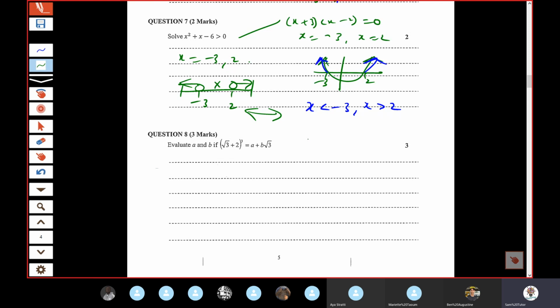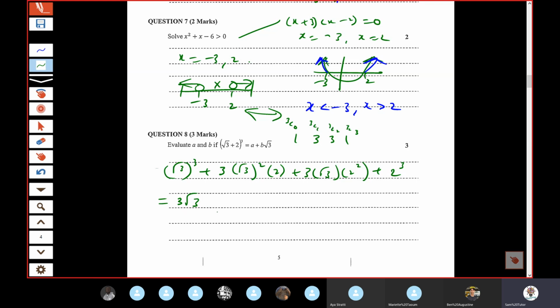Here we go. For binomial, we need our coefficients, which is 1, 3, 3, 1. We get these by doing 3 choose 0, 3 choose 1, 3 choose 2, 3 choose 3. And then you start off with the first one, root 3 cubed, plus 3 root 3 squared times 2, plus 3 root 3 times 2 squared, plus 1 times 2 cubed. So your root 3 decreases and your 2 starts to increase. And the answer should be